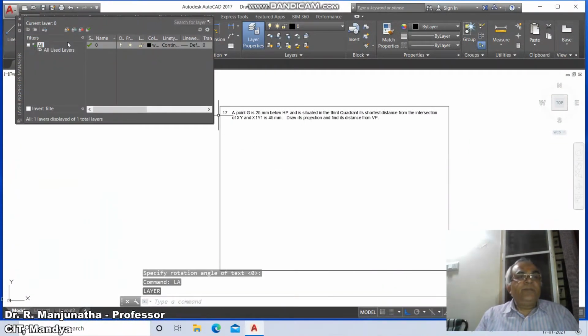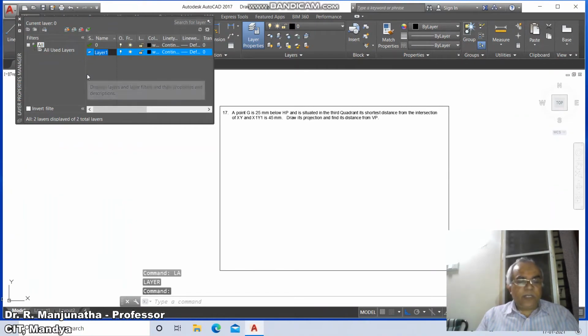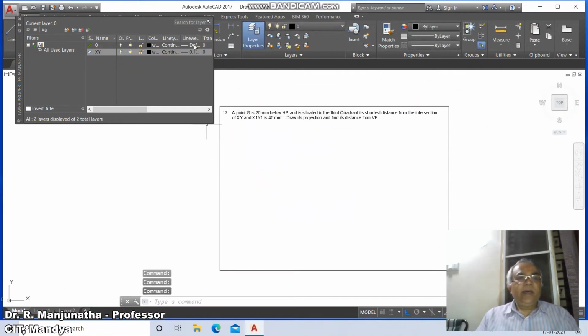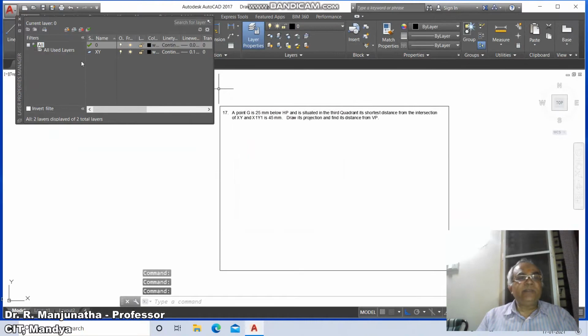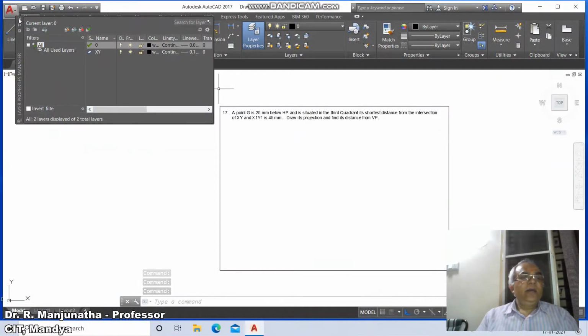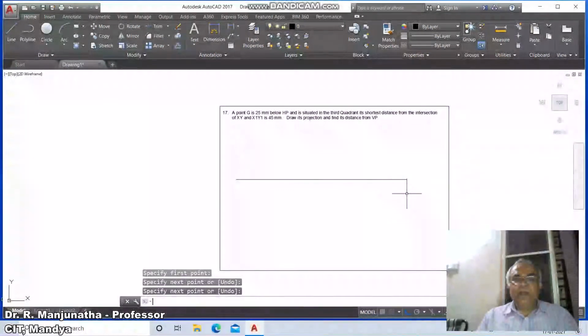Go to layer, click on new layer and put the caps lock on, type XY and go to line weight and make that XY line 0.13. Then go to layer, click on 0 layer and make that 0.05. So you are working on the current layer as 0. You can see here it is tick marked, and switch off the layer command. And now we'll go for the line command and draw a horizontal line first, and similarly